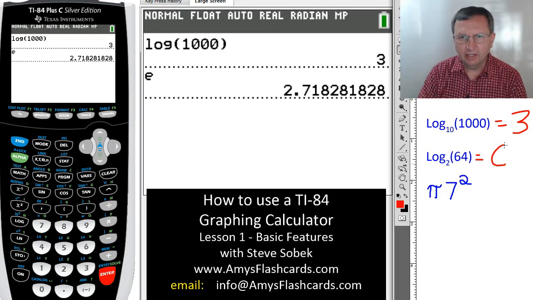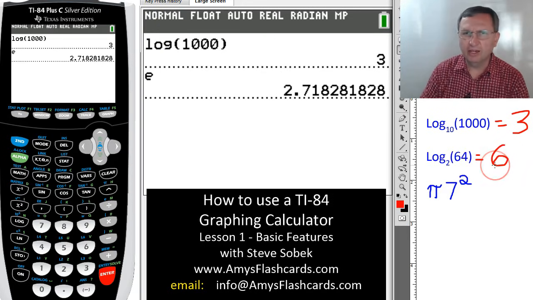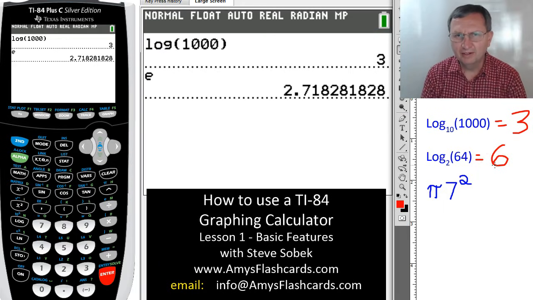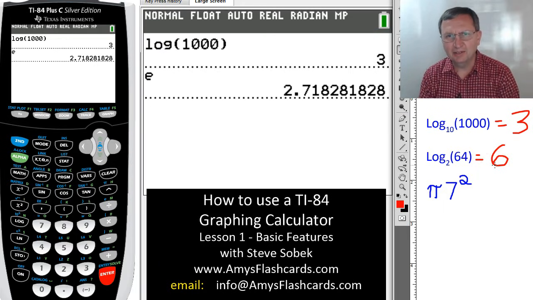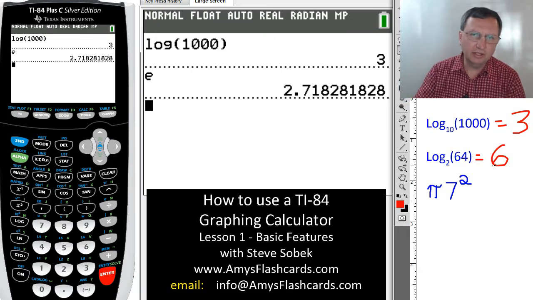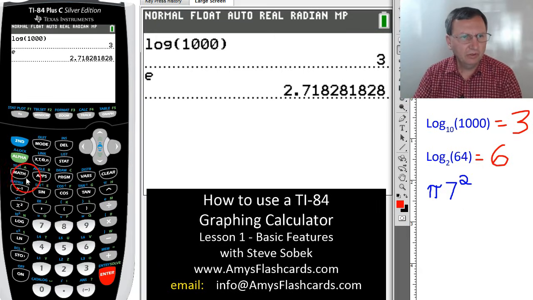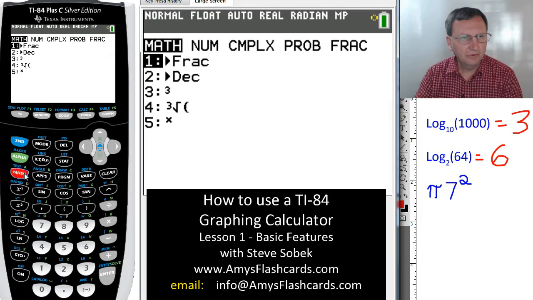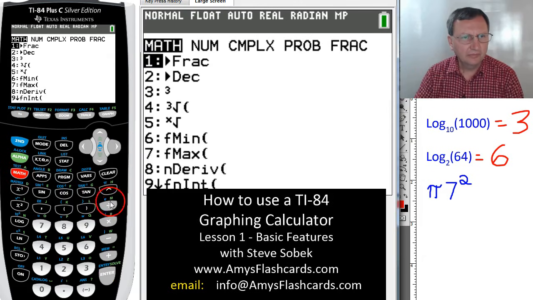And we've already done a problem previously. Remember, we evaluated 2 raised to the 6th power, and then we added 10 to it. 2 to the 6th power is 64, and so that is equal to 6. On the calculator, there's a couple ways you could knock that off. If you go to your math menu and hit the down arrow key,